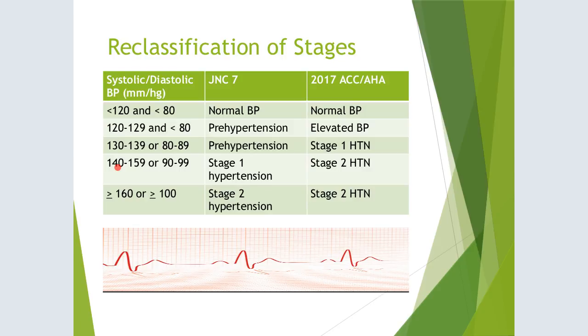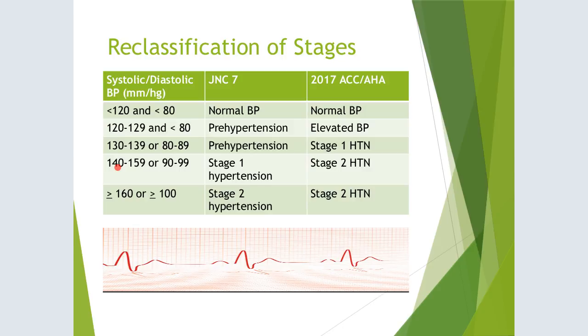Yes, Cynthia, let me go back and look at that and see. JNC 8 doesn't have the guidelines quite like this, the pre-hypertension guidelines, remember? So that JNC 7 may be right. I've got to go back and look at that. And the more I think, and I'm sorry, I've been talking so long, my brain's a little foggy. I'm 99% sure my slide is right because JNC 8 does not have pre-hypertension. It goes from normal BP to stage 1 hypertension. And this is a new slide, so this should be right. JNC 7 has this, and then the 2017 guidelines have this.